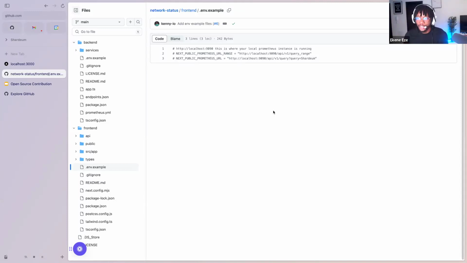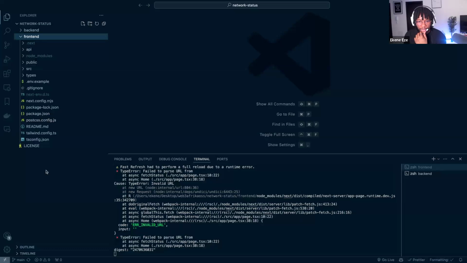Now I can go file an issue and say, hey, when I followed the documentation, I ran into an issue and this is what I can do to fix it. So probably at the point where you're setting up the front end directory, that's where you can say, hey, make sure to create a .env file and add such and such content into it. So let's go and do that.